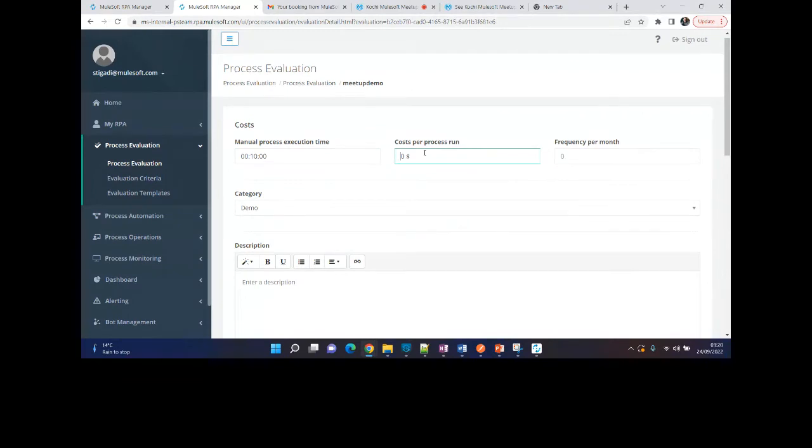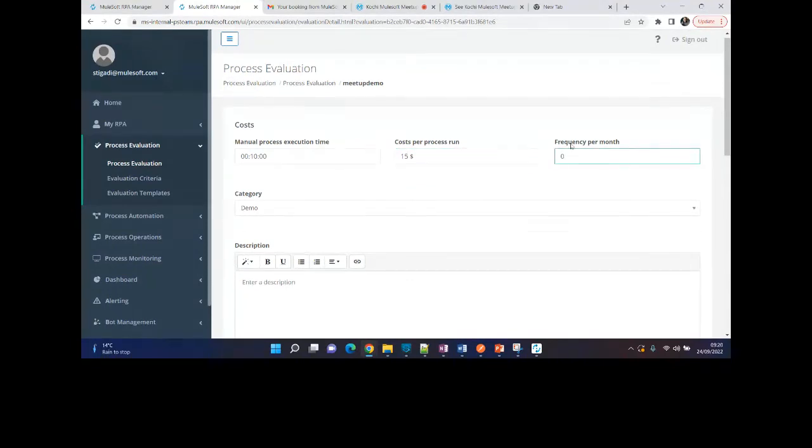And cost per process run. Here you might ask, how will I know the cost? Basically, we all work and we are paid, okay? So when you spend some number of hours or minutes of a particular day, there is some cost involved in that, because that will be your time. Your time is cost. So I would say it might be roughly $15 or something like that.